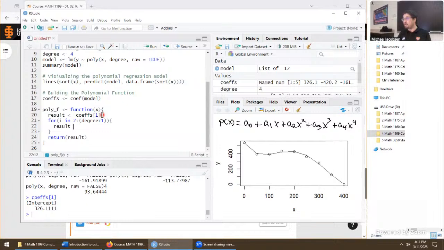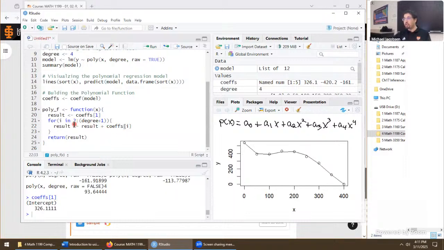So we'll go result gets result, then add something new. So we're just tacking on a new term, storing it back inside result each time we loop through just the for loop inside this. So what should this be? Well, we're trying to put in the very next coefficient. So that will be coeffs, put in a bracket, i, because recall, the bracket is how we index into the vector structure and just get a particular element. We need the second element.